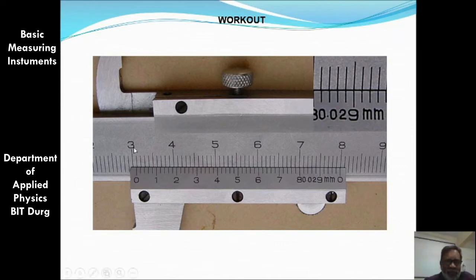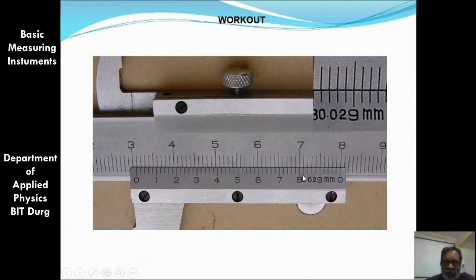Obviously, again the same vernier is being used, so one division of the main scale is going to correspond to the same reading as told in the previous example. Then you have this vernier scale reference which has crossed a certain mark on the main scale, so that will be the main scale reading. Next you have to find which division of this vernier scale is exactly coincident with any division on the main scale, and that you can find somewhere here.